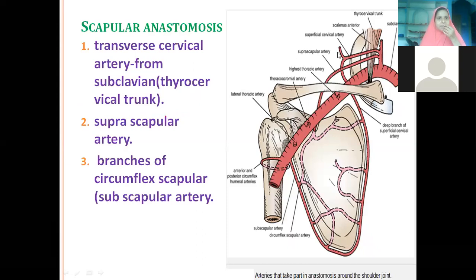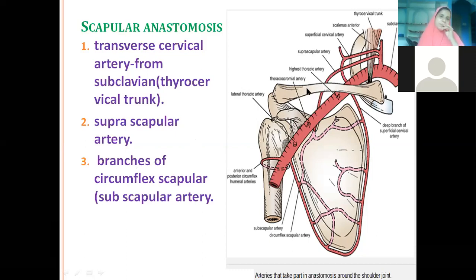One is transverse cervical. Okay, then we have the suprascapular artery. Just now we have seen in the other picture also, the suprascapular notch, suprascapular vessels and nerves. Okay, so this is transverse cervical, this is suprascapular, and we know, winding around this scapula, we have the circumflex scapular, isn't it? So the circumflex scapular is a branch coming from the third part of the axillary artery, which in turn is a branch of the subscapular artery. Okay, so this is the anastomosis around the scapula. Transverse cervical, suprascapular, and branches from the circumflex scapular artery.